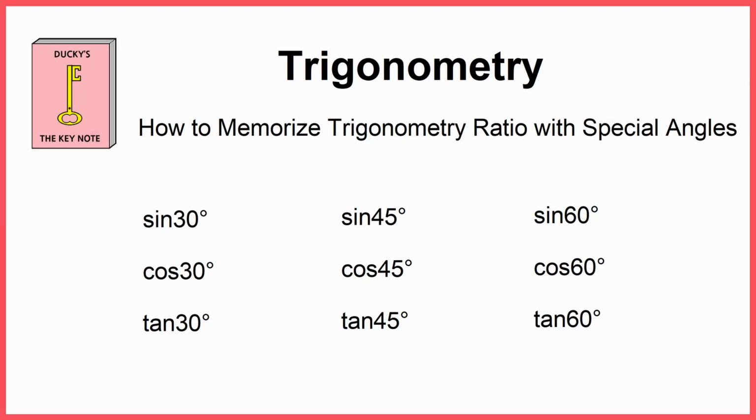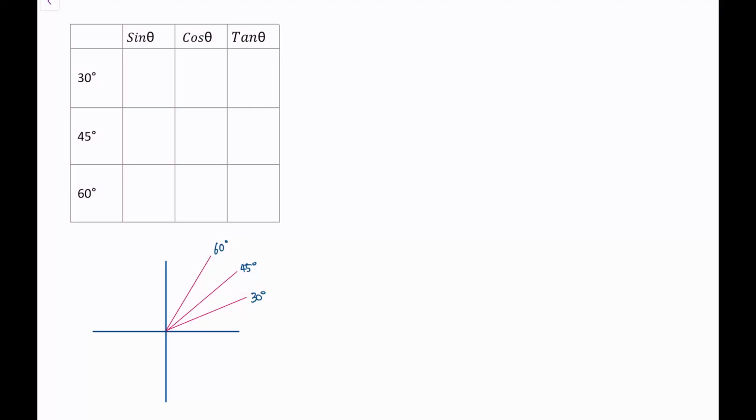Hello everybody. This lecture video explains a quick and easy way to memorize sine, cosine, and tangent ratios of special angles. Special angles in this video refers to 30-degree, 45-degree, and 60-degree,